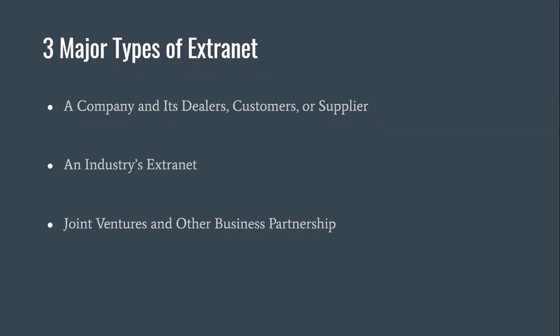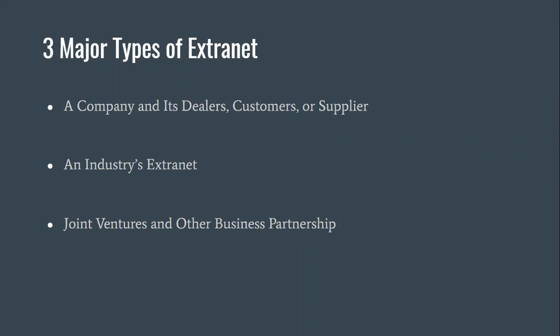Second one, an industry extranet. The major players in the industry can team up to create an extranet that will benefit all of them. For example, ANX e-business. It enables companies to collaborate effectively through a network that provides a secure global medium for B2B information exchange. It is used for organizations in aerospace, automotive, chemical, electronic, financial service, healthcare, logistics, transportation, and related